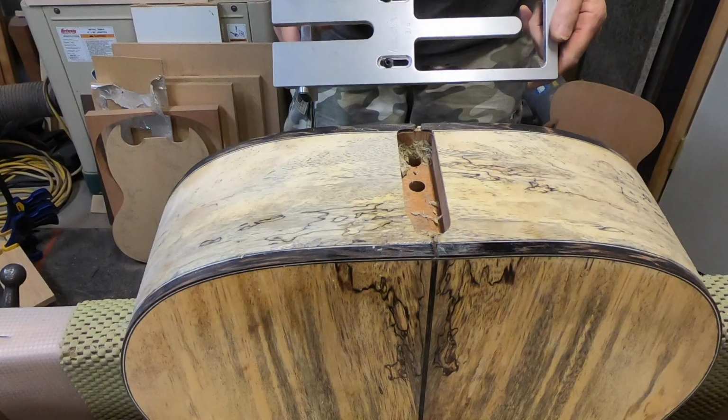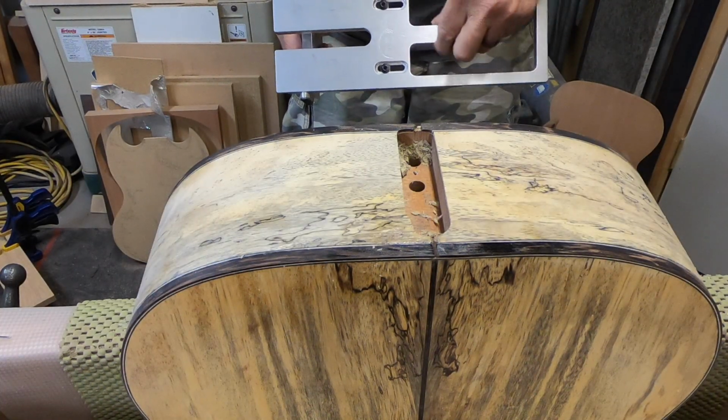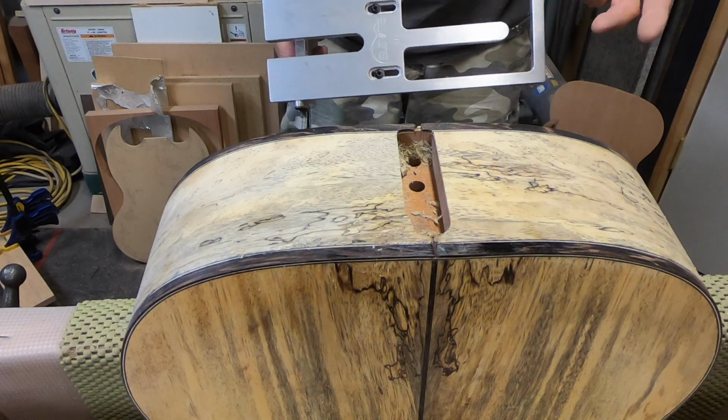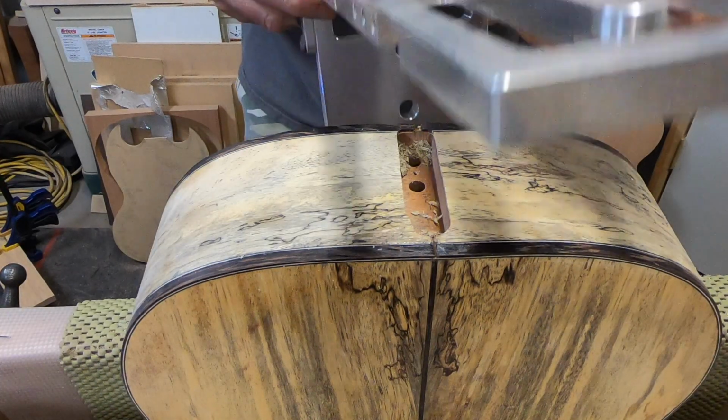I grab my template. So you've got the mortise section of the jig, and then you've got the tenon section of the jig. Just depending on how you put it on the neck or on the body will facilitate what you need to do. Now when you put this on the body,